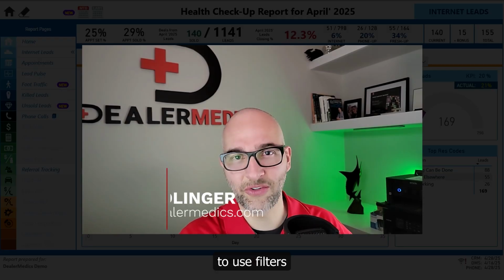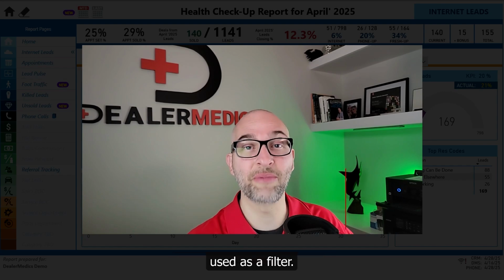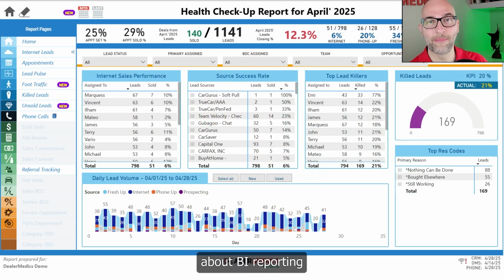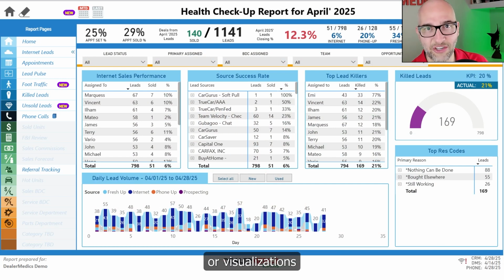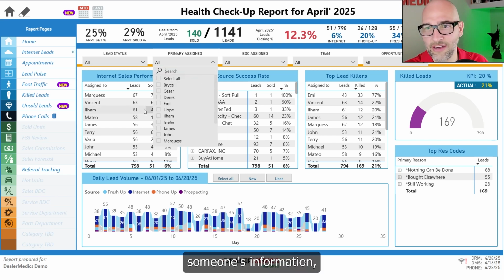You've learned how to use filters for your internet reports. Now I'm going to show you how the report itself can be used as a filter. The really cool thing about BI reporting is exactly that. You can use the report itself to act as a filter on other tables or visualizations or whatever it is that we're looking at. So for example, let's say you're used to using a filter to find someone's information,